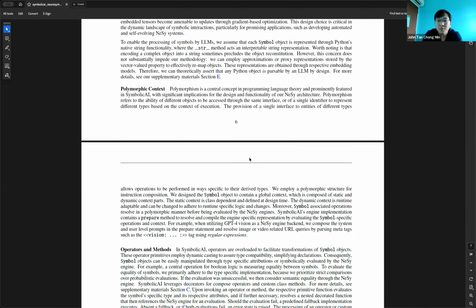So by vector space, you mean embedding space? Yeah, exactly. Embedding or vector-valued representation, or an embedding of an image and so on. But in this case, the symbol is not the embedding. The symbol is directly in the domain it comes from, be it text, image, or video. And you can derive the vector space if you pass it through some embedding model.